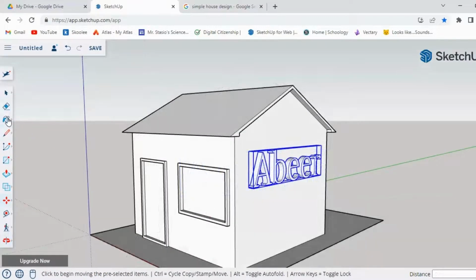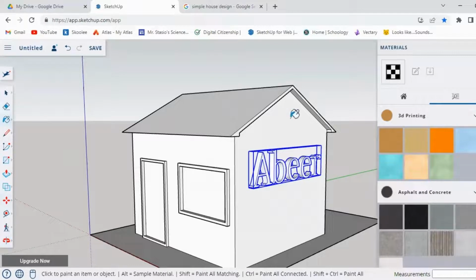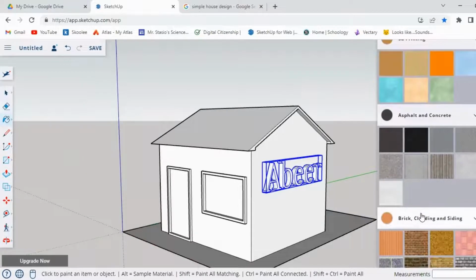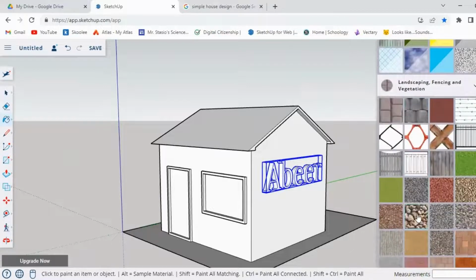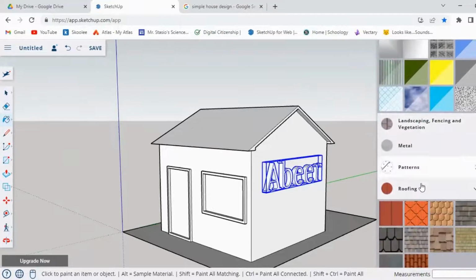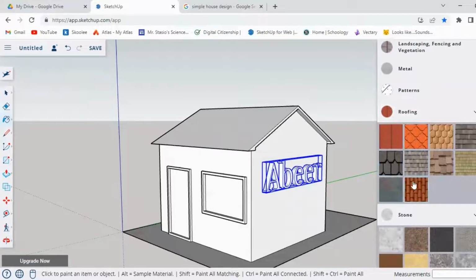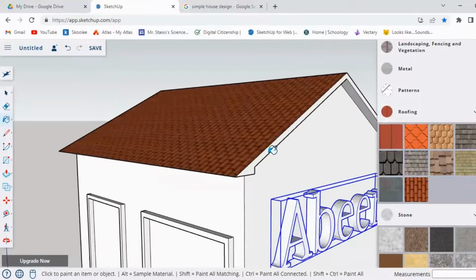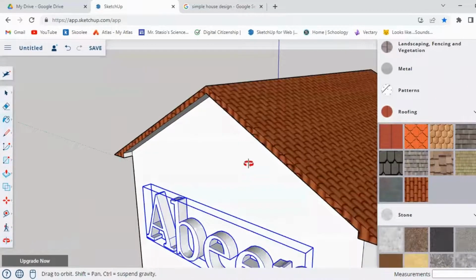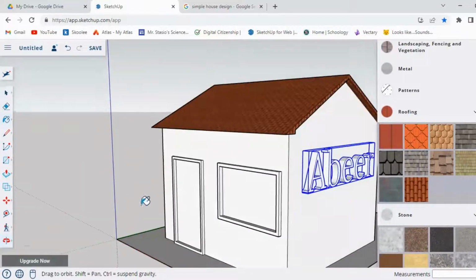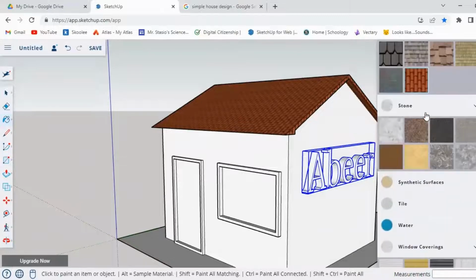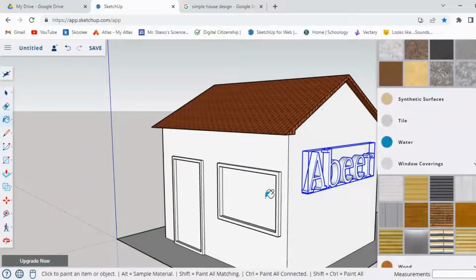We will go now to the paint tool, and then we will click on the browse, and I will start finding the color. I'm going to start with the roof. We have the roofing. I'll pick this color for the roofing. I will make sure that I'm coloring all sides. I'll do the same thing for the walls. Let me first color the window. Let's cover it using this